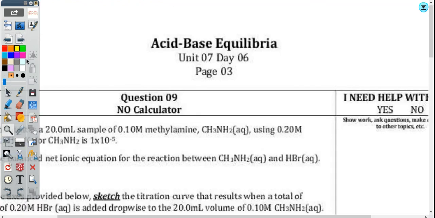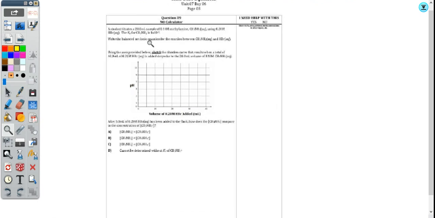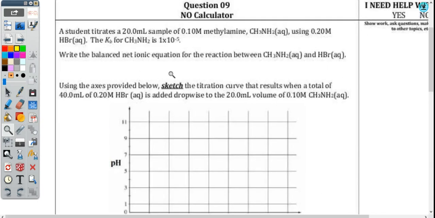Next, question number 9. This question is a doozy. There's a lot to it here. There's a lot that you won't actually see on a multiple choice, but that would be great practice for a